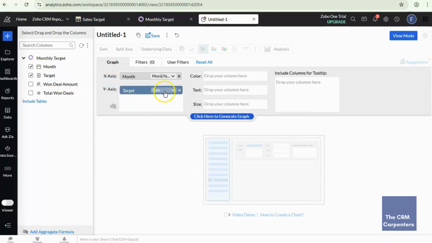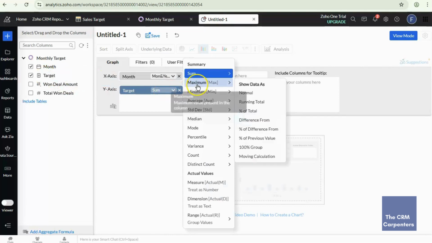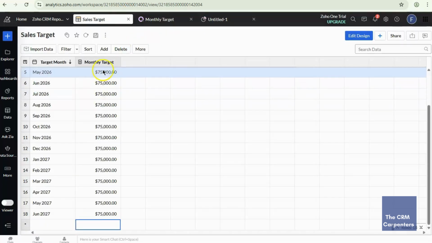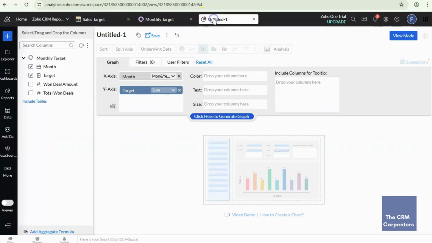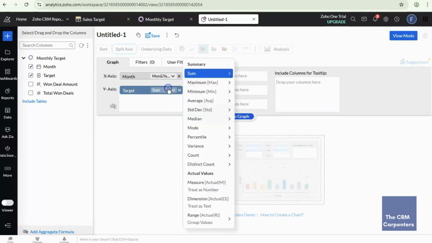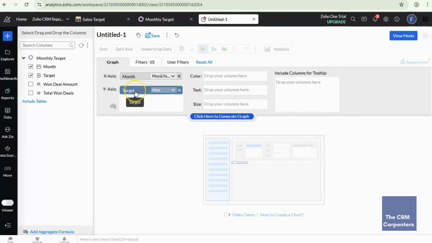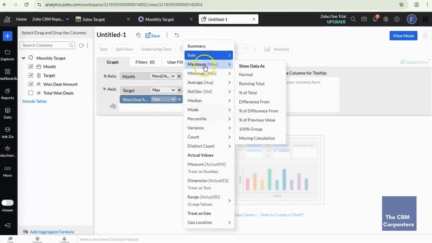So this is the target value for each month that we have in this sales target. Okay, and then we should select the max and normal. And next one is the won deal amount, and select max too.